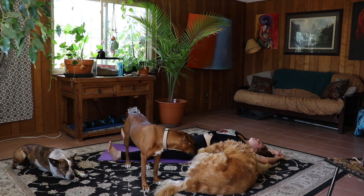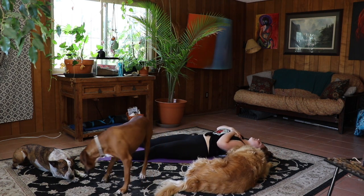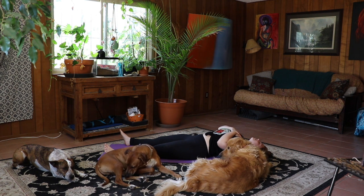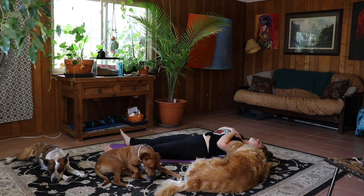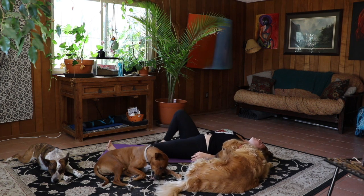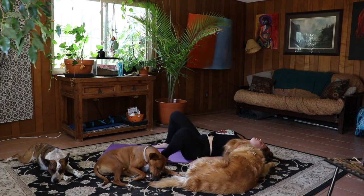Before we start to move into our practice, let's bring our left hand to our chest and the right on top of the left. Feeling our heart center. Starting to move inward. One big breath here and releasing our hands, bringing our knees up,